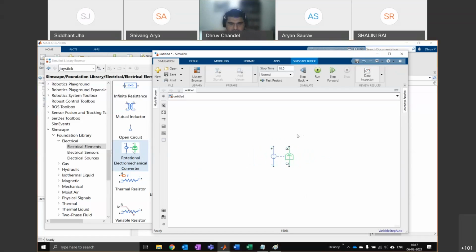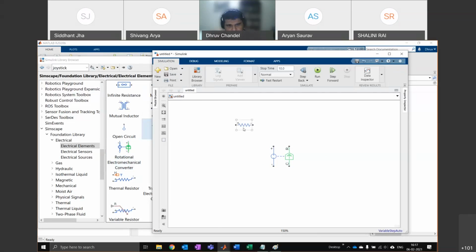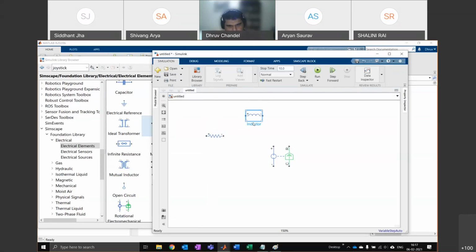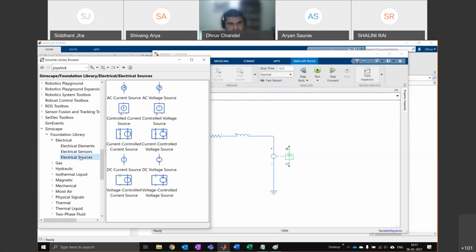Making a motor is really easy. We just have a resistor and an inductor, and then an electrical reference because the motor is grounded. Then we put in something like a controlled voltage source.